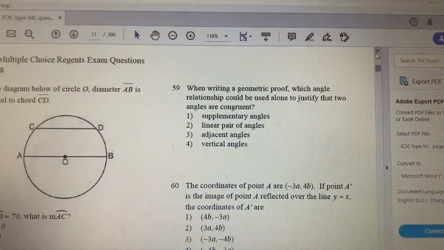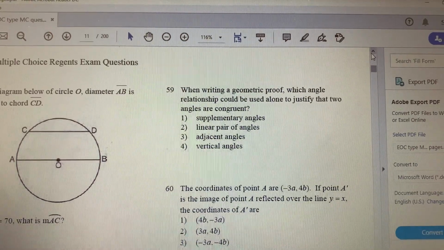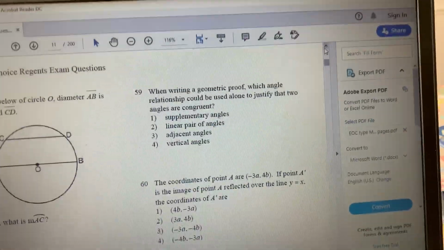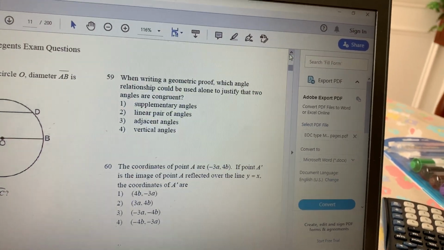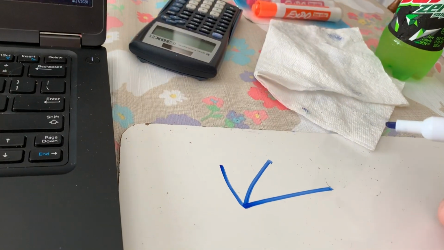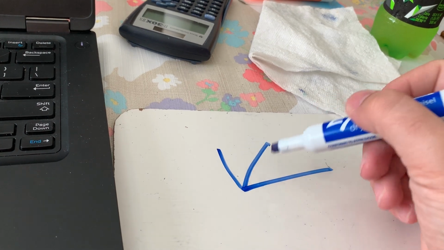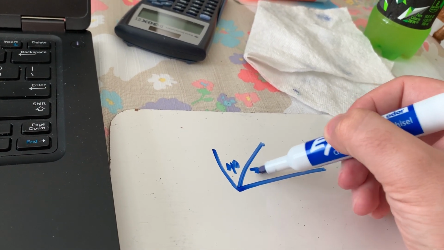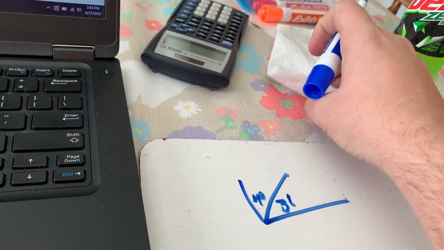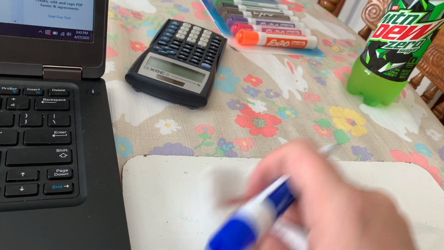Adjacent angles. So all it means for adjacent is two angles that are next to each other, okay? It doesn't even have to be where they add up to 180, kind of like 1 and 2 have been, all right? You could have that and that. Those are adjacent. It kind of looks like a right angle. It's not really what I was going for, but you could say like that's 40 and that's 31 or something like that. So those are adjacent, but again, doesn't prove that they're congruent, okay?